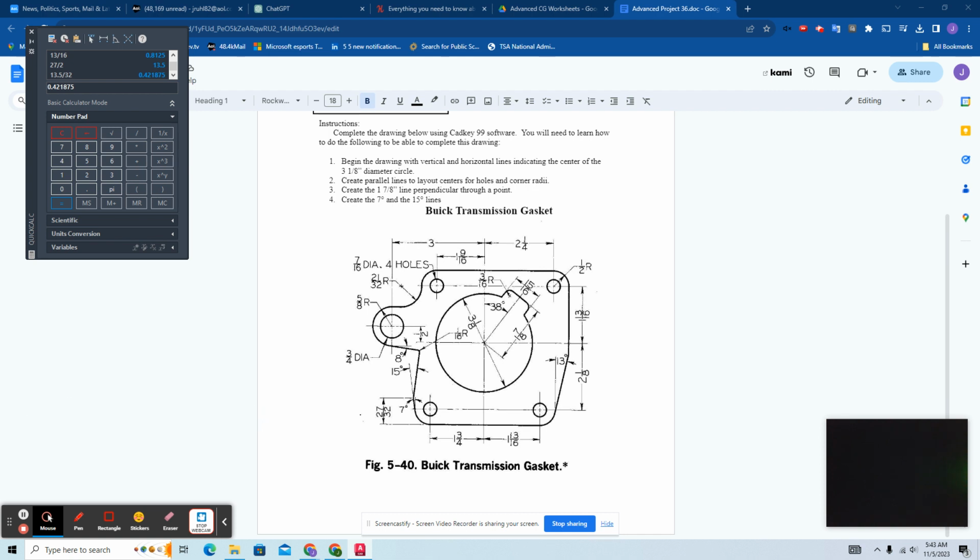So I'm going to offset this line by 0.421875. I grab this one, offset them. I grab this one, offset them, and then just like